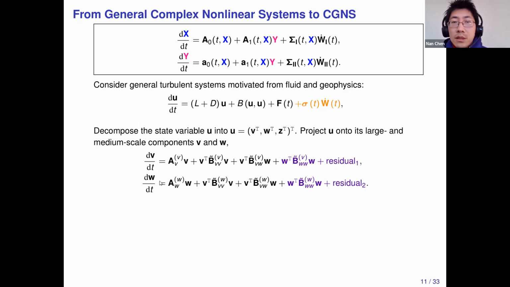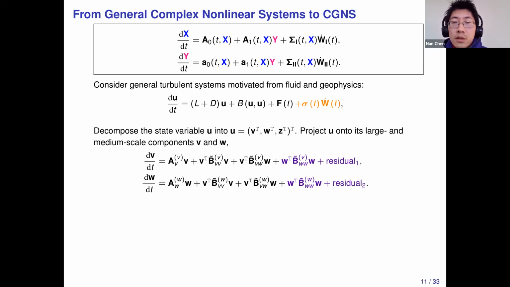They have linear terms, and they should have these three different nonlinear terms, representing the nonlinear interaction between V itself, the cross nonlinearity between V and W, and the WW itself, right? Just try to rewrite this B(U,U) term. Think U is V and W, but you try to ignore Z. So you should have VV, VW, and WW. Similarly, you also have these three parts in your second equation.